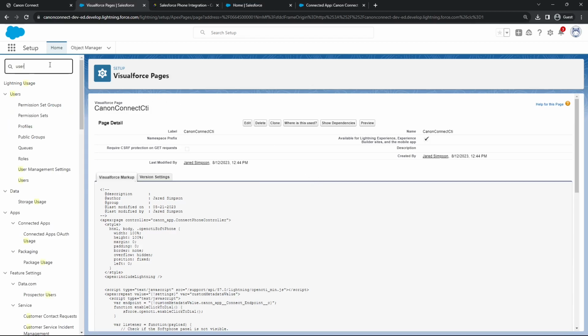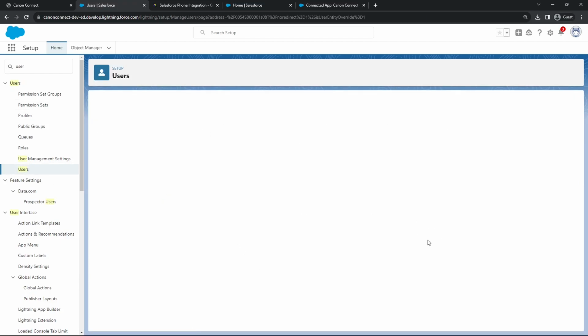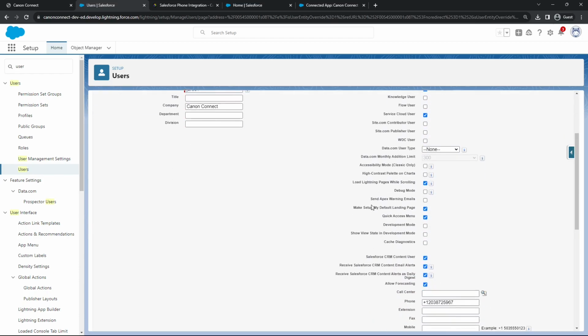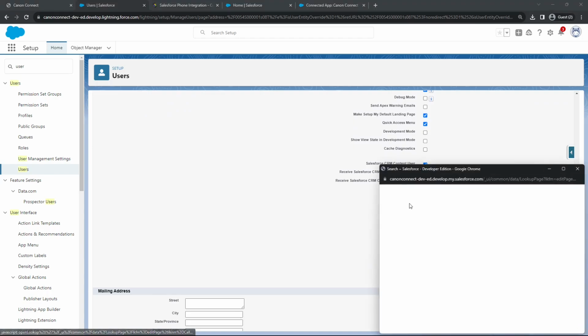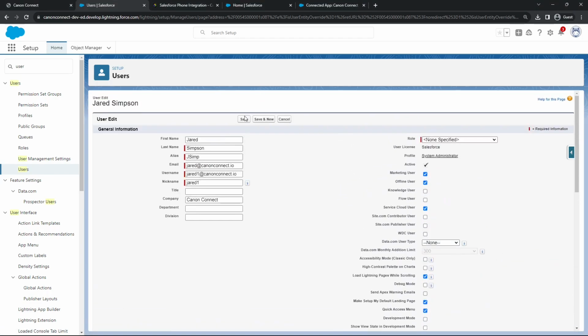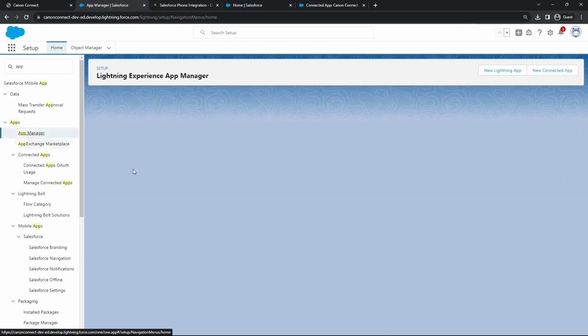Now we will assign our call center to a user or any other users that we need to. You could do that on the user page or at the call centers page. Here on the user page, you'd click this and put in the Canon Connect one that we loaded up before. We'll save that. We'll also go to the App Manager,